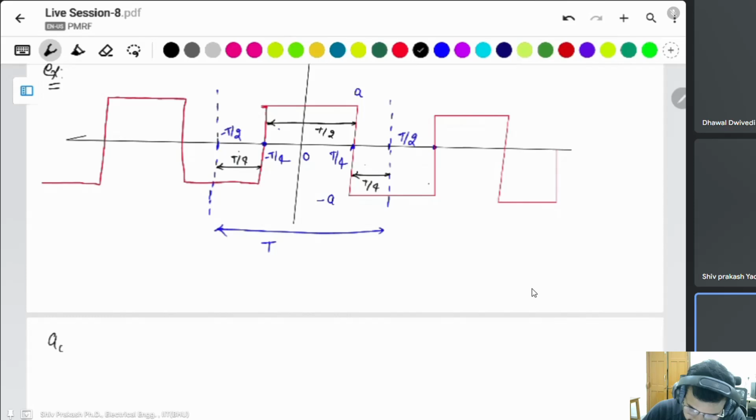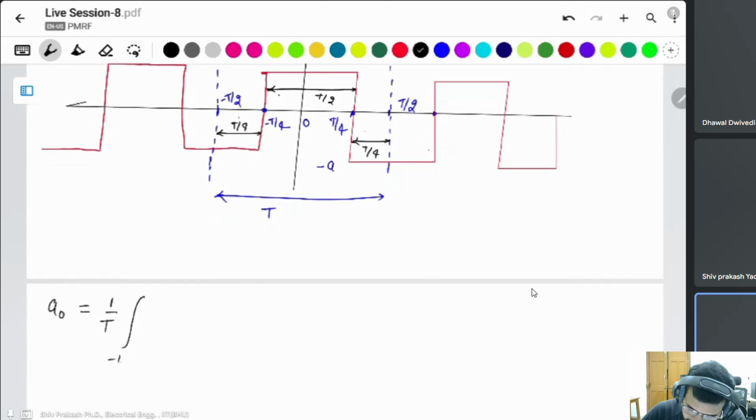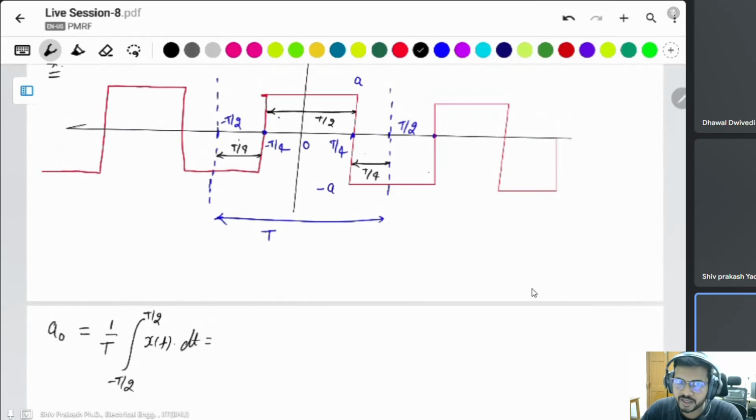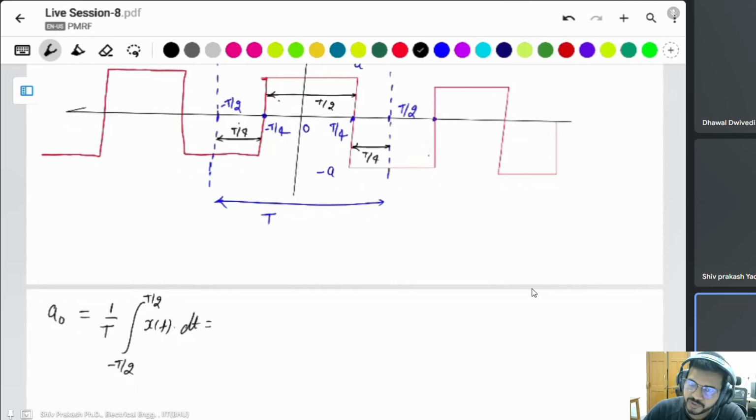For a naught, it is 1 by T, the average of this one, the integration from minus T by 2 to T by 2 of x(t) dt. But here x(t) is a different value at a different point, so we have to choose accordingly. 1 by T,